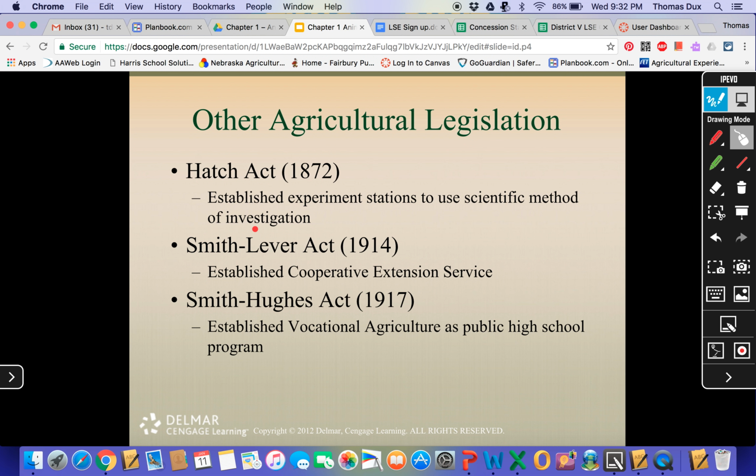So we had experiments going on, okay? People were being taught at the colleges, but now, how is this information getting out to all the farmers across the state? And that is when in 1914, the Smith-Lever Act was passed. The 1914 Smith-Lever Act was passed, and what this did was establish cooperative extension services,